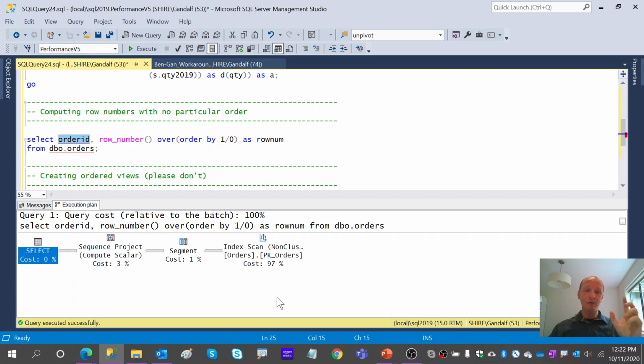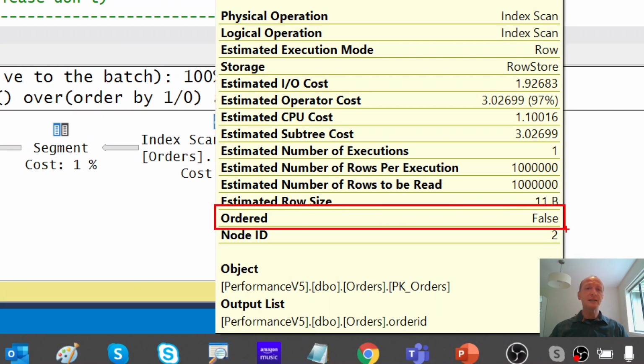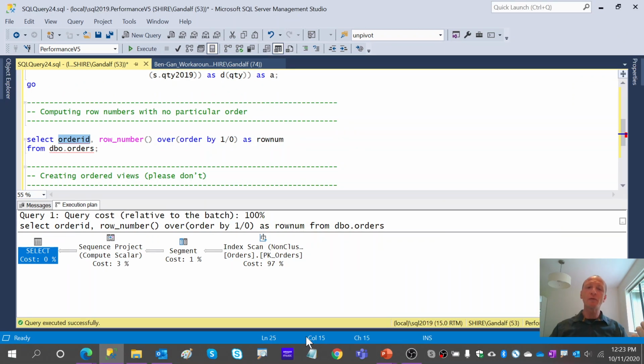And what's also very important here is, when we examine the ordering requirement of the scan, you will see the relational engine tells the storage engine, give me back the data from the index, but you can do it in any order that you like. Letting the storage engine have more flexibility in choosing between an allocation order scan based on IAM pages or an index order scan, it can decide based on a combination of consistency and performance aspects which of the methods to use. The point being that we provide more flexibility, and clearly there will not be a need to sort in any case in this scenario.